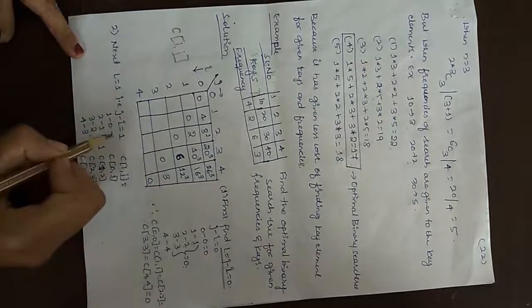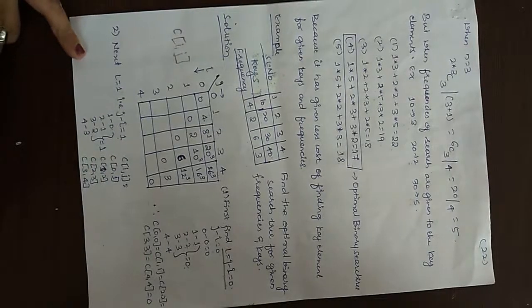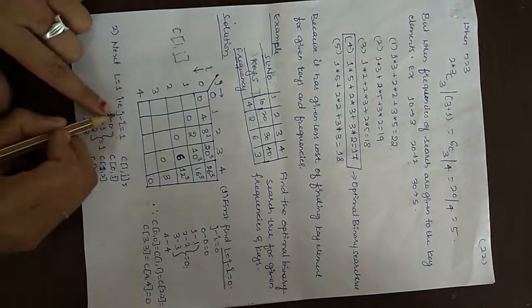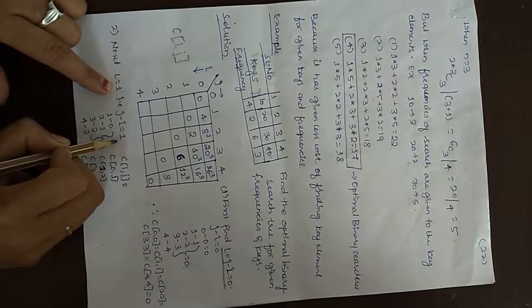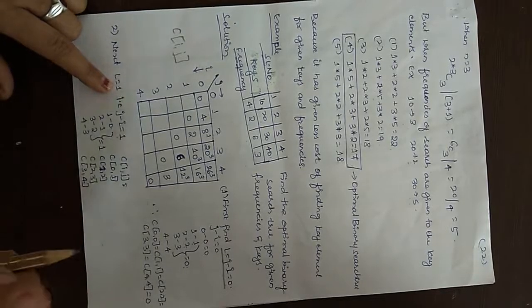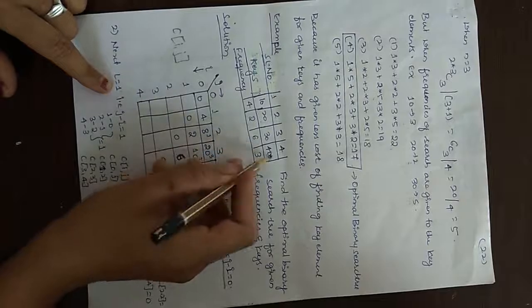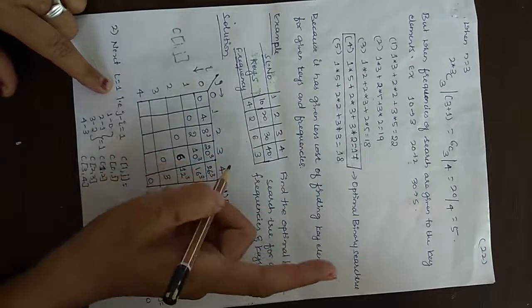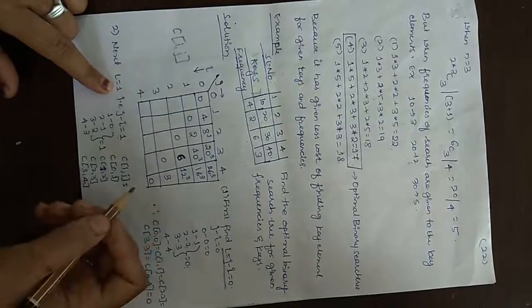In the next step, the 0 elements are over. Next I am going to consider one key element, which means j minus i is equal to 1. L equal to 1 means the number of keys should be 1. I am considering only one key at a time here, either 10, 20, 30 or 40. One at a time I am going to consider and find out the cost of that tree organization.